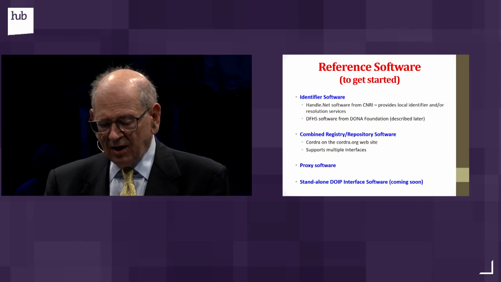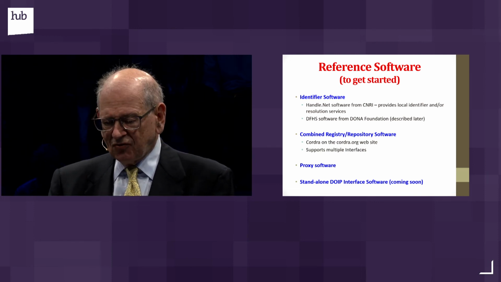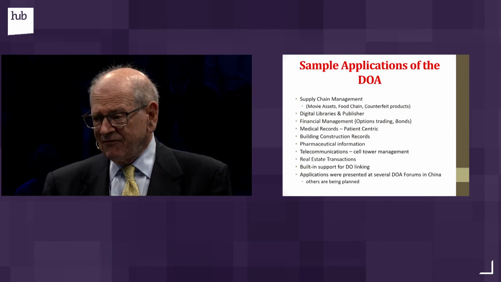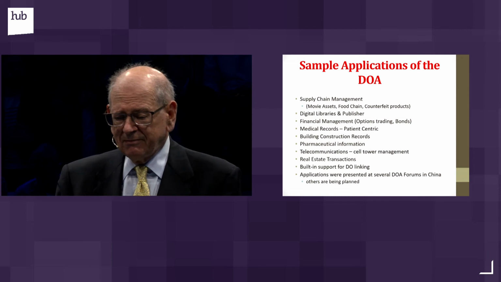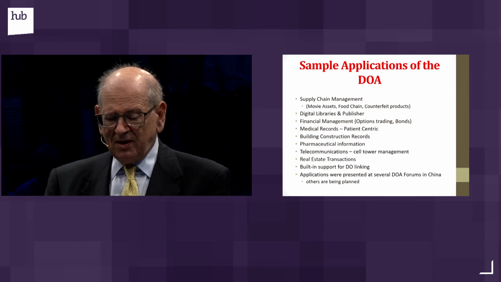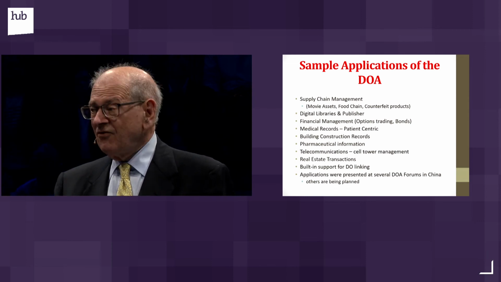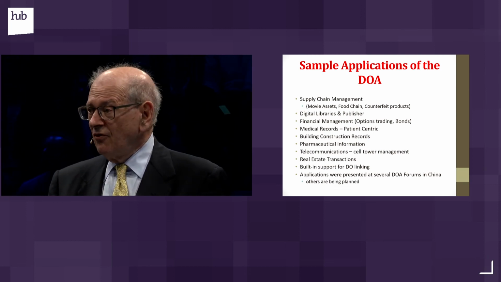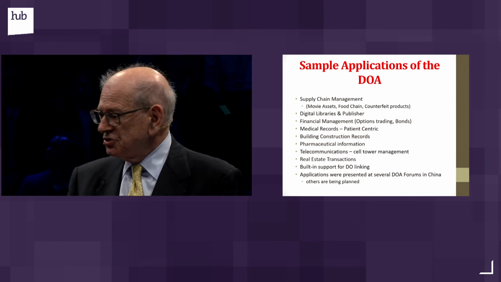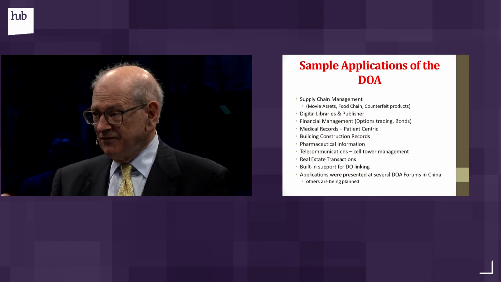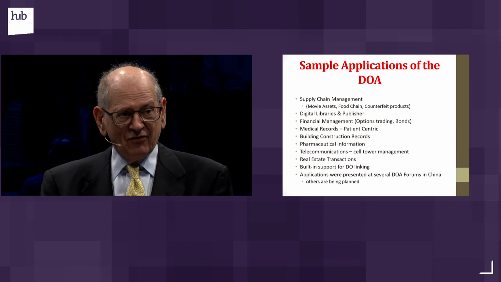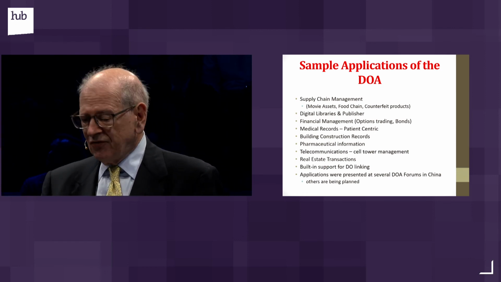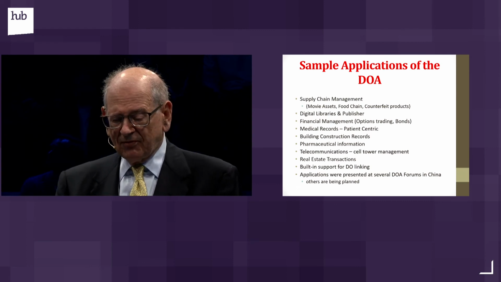And so that's what a lot of the publishing industry has been doing. A bunch of applications. I don't have time to go through these, but it's been used in supply chain management, for managing movie assets, food chains, counterfeit products. It started out with folks in the digital library field and the publishers. In fact, most of the scientific journals use handles to reference their articles. Sometimes they're trademarked versions, like DOIs are a trademark of the publishers, but sometimes they're not.